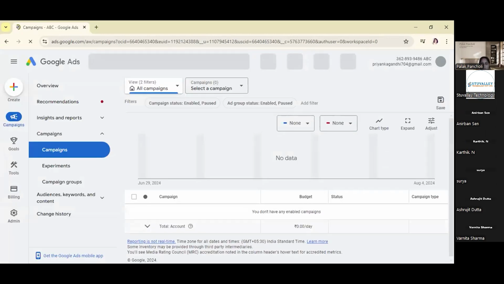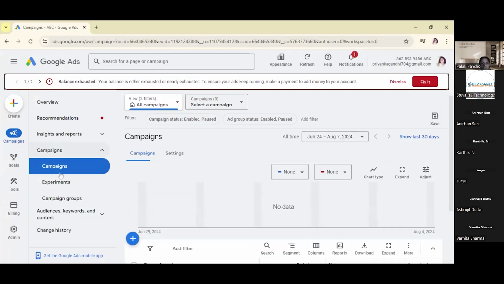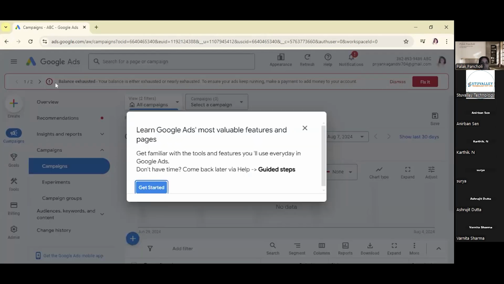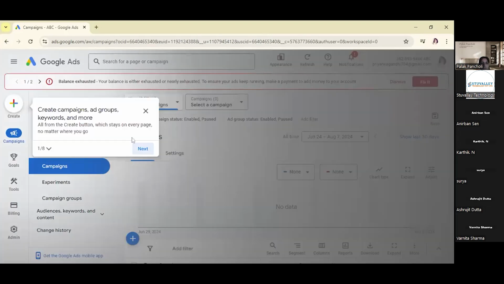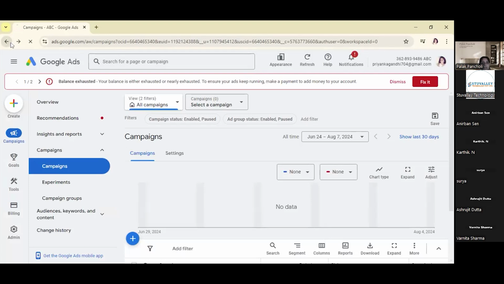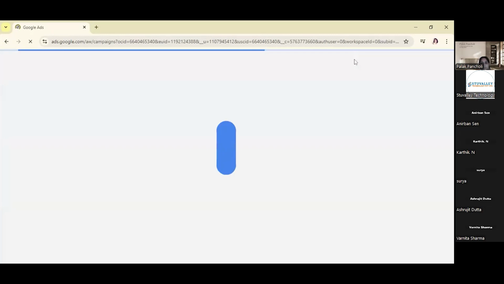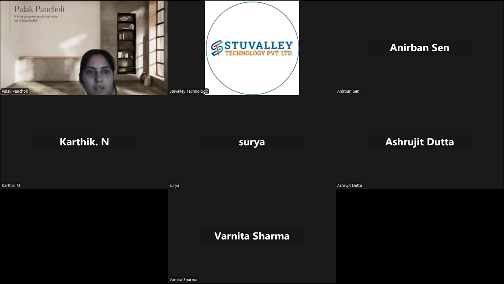It will open up this Google Ads account directly, or it will give you... one second. I'll try with create new account. It is not asking for creating new ad accounts. One second. Let me try with another account.